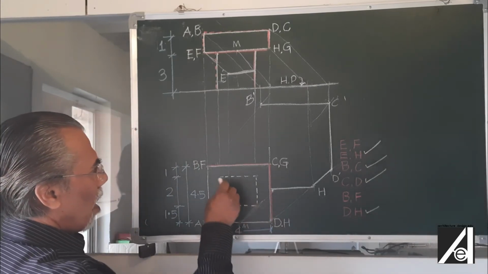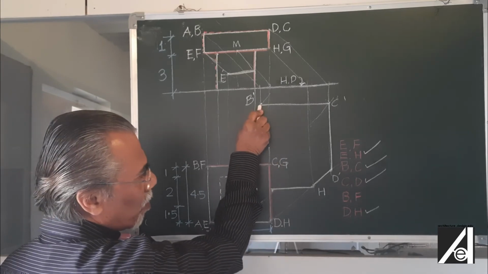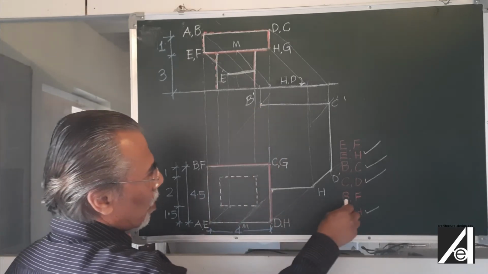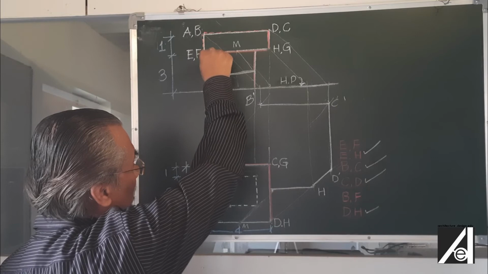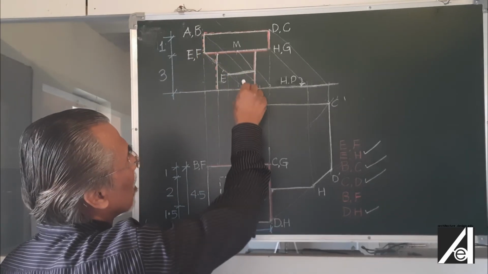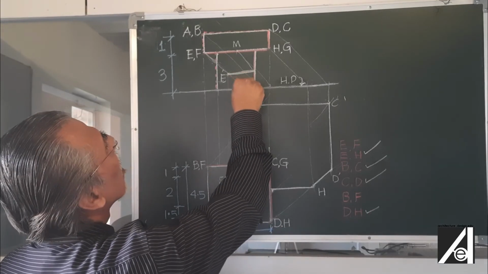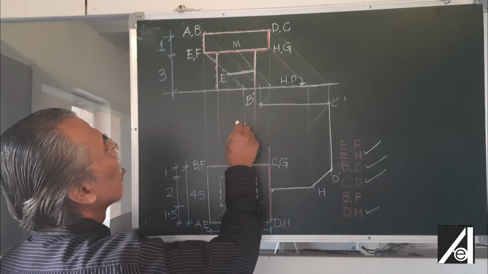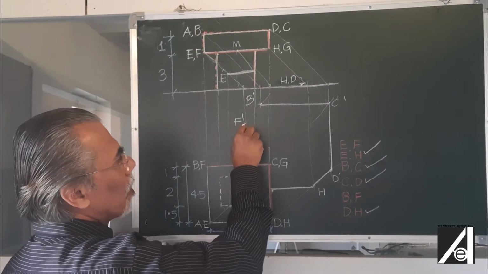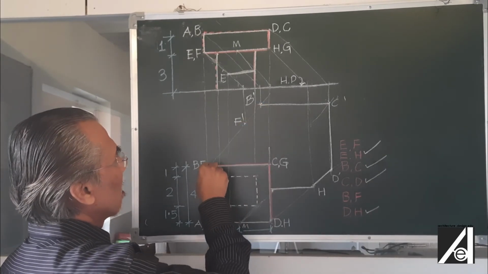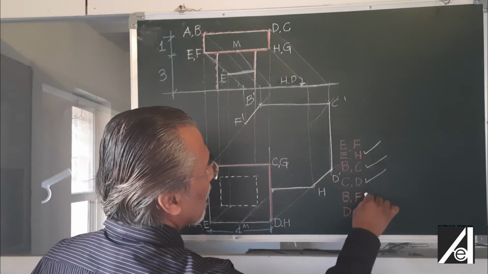Now I can take up the other edge, since B is there with me. So BF, another edge I can take, because B already I have got. So F is here. F, if projected, will get projected like this in the elevation, and then in the plan it goes along this line. So from the elevation, I bring it down, so it will come somewhere here. So that is my F dash. Clear? So now B and F is one vertical edge, so I join it here. So this is the shadow of BF. So I have completed this edge also.